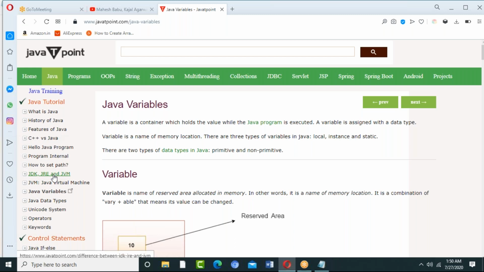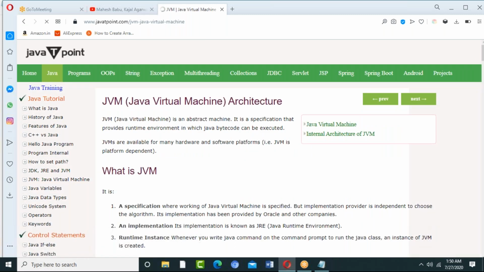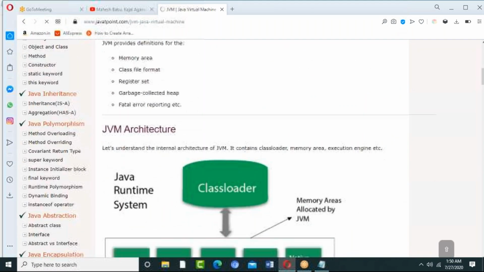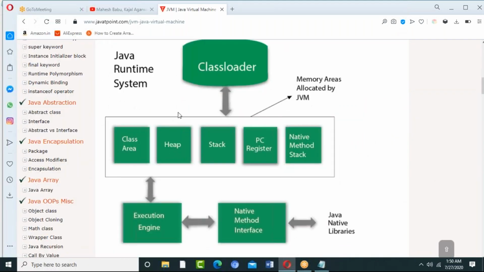You see, Java virtual machine. I have written a class. After writing, I need to compile it. When I compile it, after compilation, a class file will be created. When you say run, this entire process will happen. This is the life cycle: class loader, class area, heap area. In this, the first process is